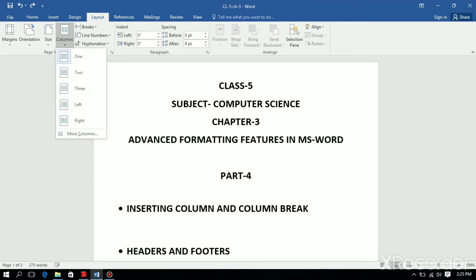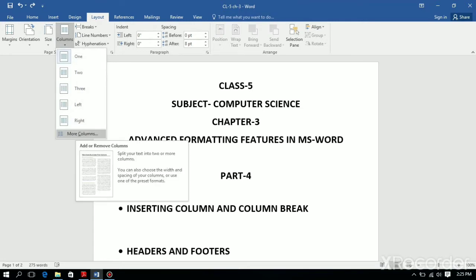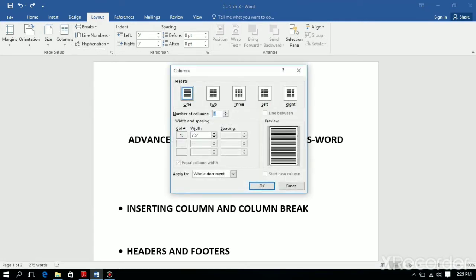After that, if you want more columns, go to the More Columns option. A dialog box appears here. So enter the number 1, 2, 3. If you want more columns, you enter the number 2, 3, 4, 5.